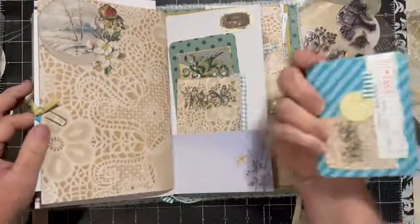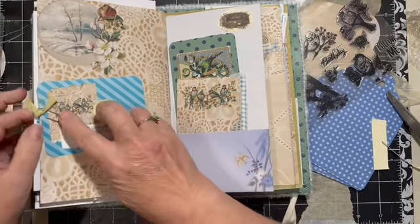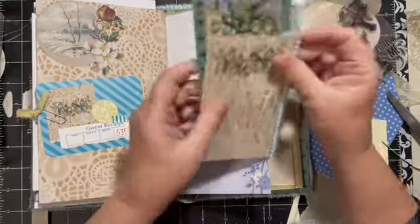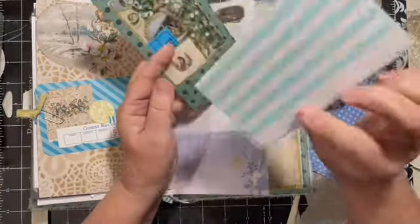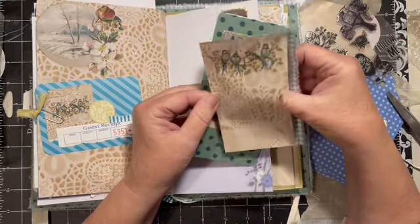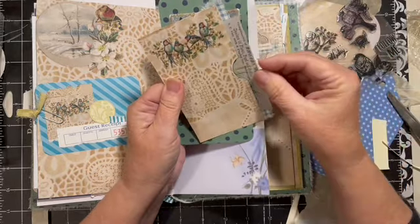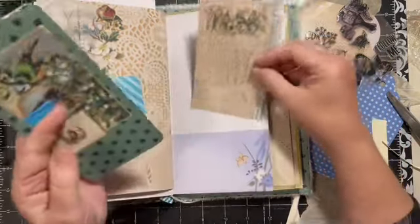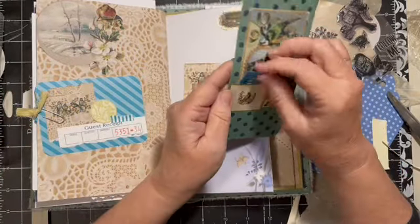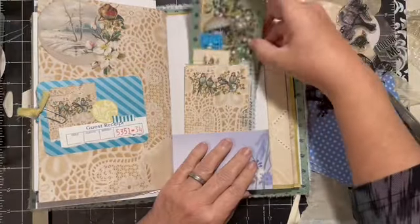Here, this is a Project Life card that we decorated. It's just going to sit on the other side of the paper clip. And we have a pocket index card, so you can go ahead and write on this side, and then you can add a photograph or something inside here. And we have some eggs in there. And we have this one that has the little tiny ticket, and you still have room on the back